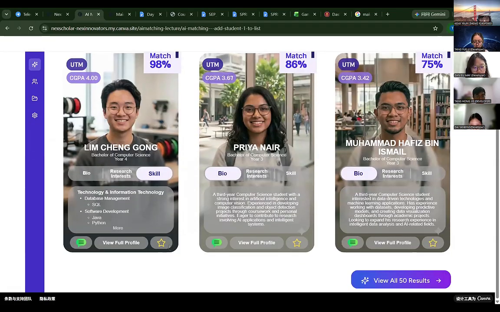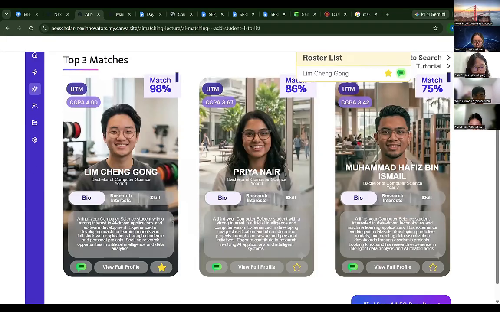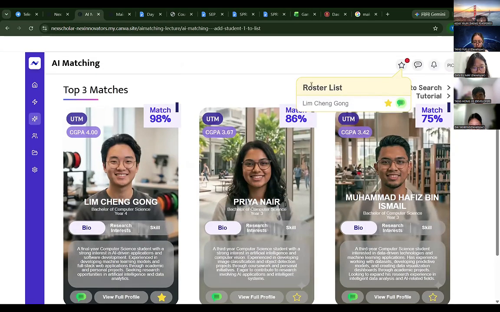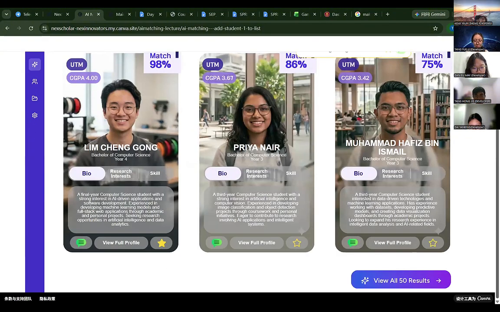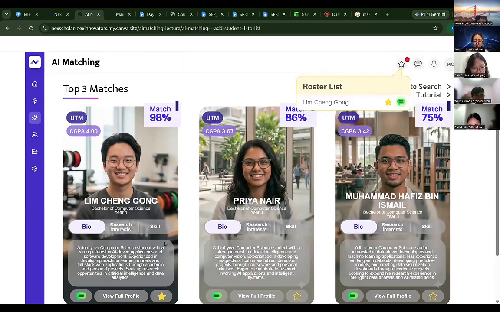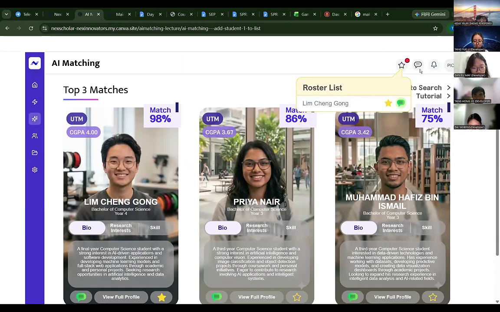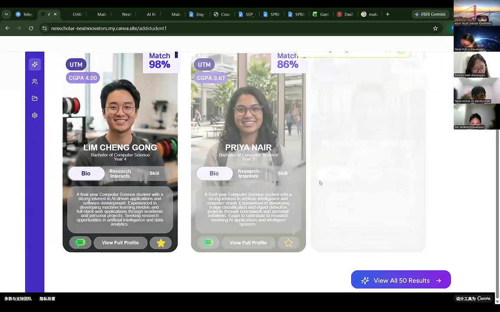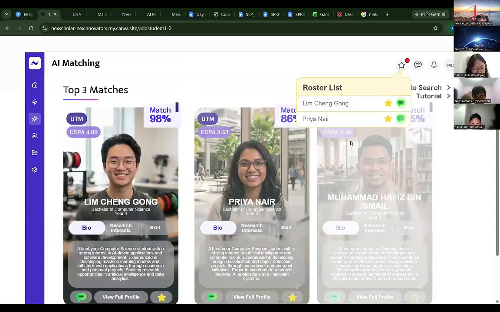Then I will check the roster list. As I can see, it works well because it is added into the roster list, and I'm trying to remove it. I see it's even okay. It's work okay. Also, this one okay.